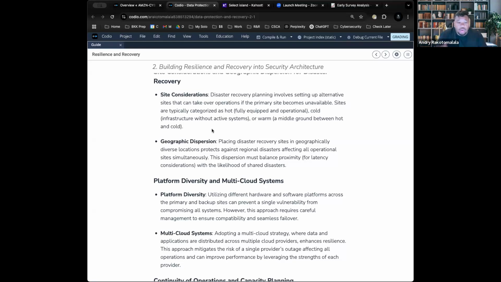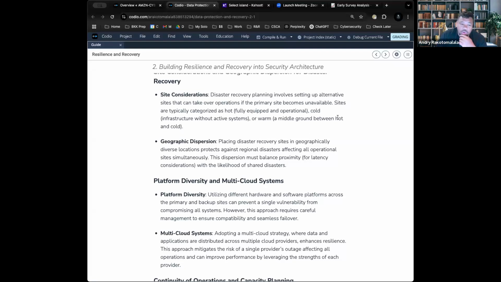Another one is a cold site, right? So the cold site, or let me pivot. There's also something called a warm site. So you have a hot site where all the computers are ready, all the equipment is ready. That's where you go. But then there's also something called a warm site. It goes from hot to warm. The warm is like, yes, there might be some computers there. There might be some of the secret agent guns there, but it's not fully operational, as in there's not someone fully available to work on it. But you probably have to flip a couple switches, turn on electricity, and then it's good to go.